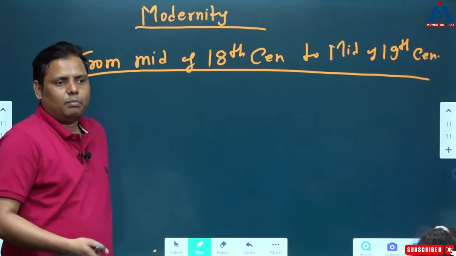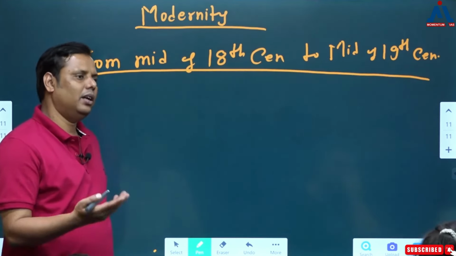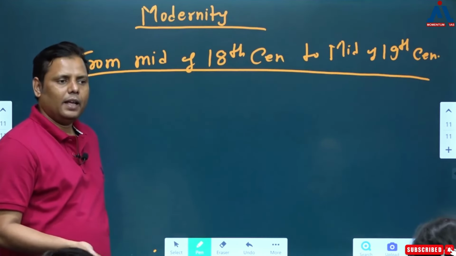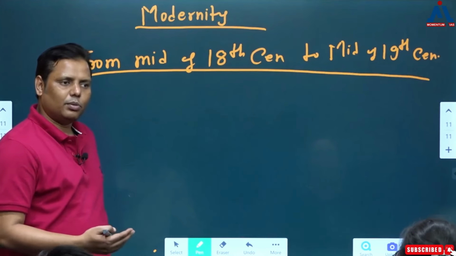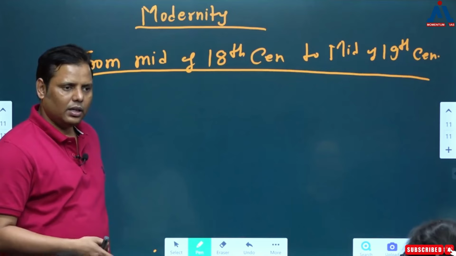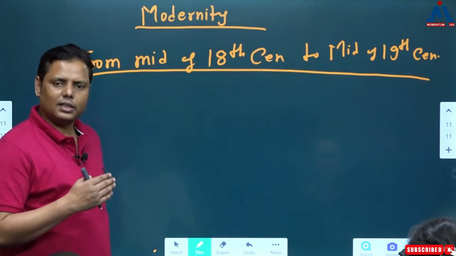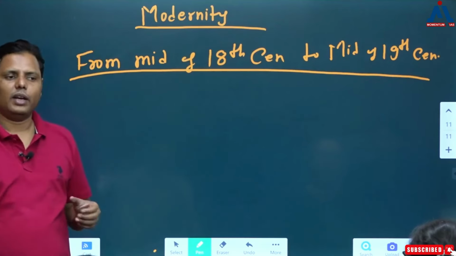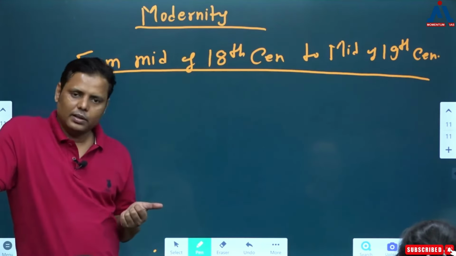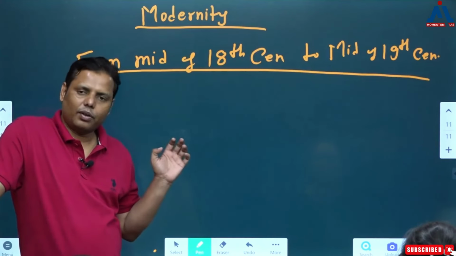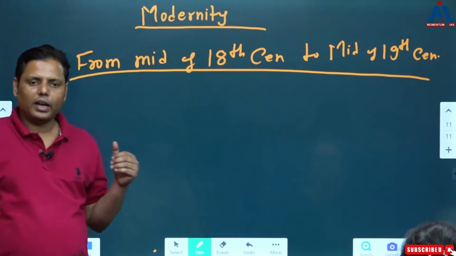No. Maybe there are so many people who are still not very much influenced by the modern ideas. In India, there are so many people yet supporting the caste system and all these kinds of things. In that case, can you call them modern? No. So of course it's a process, maybe it is still going on. But roughly we believe that this is the period of transition where India was gradually transforming into the modern period. So we can say that from the middle of 18th century,